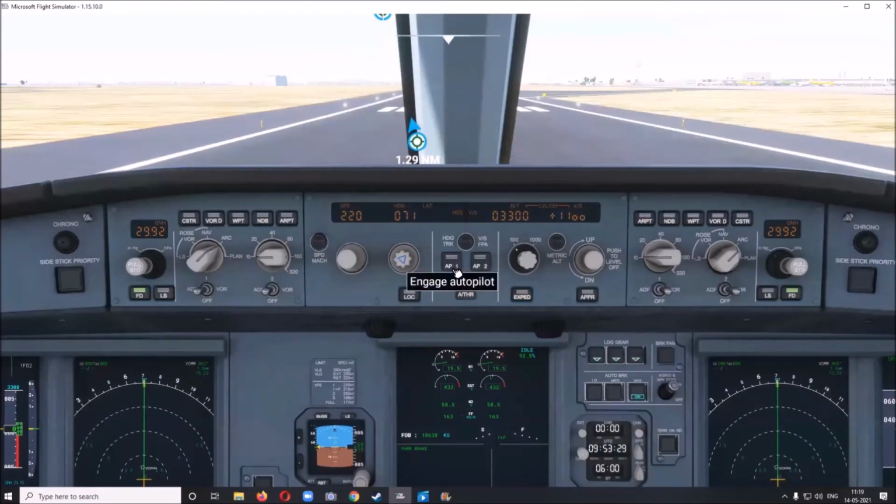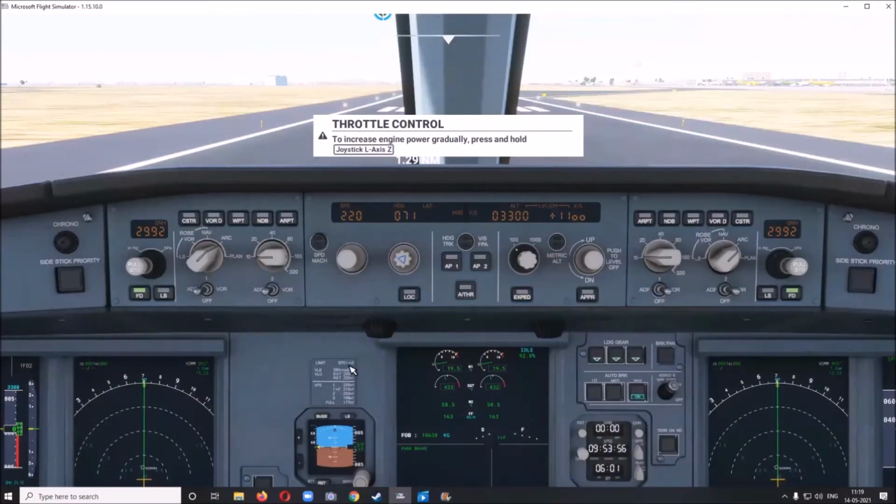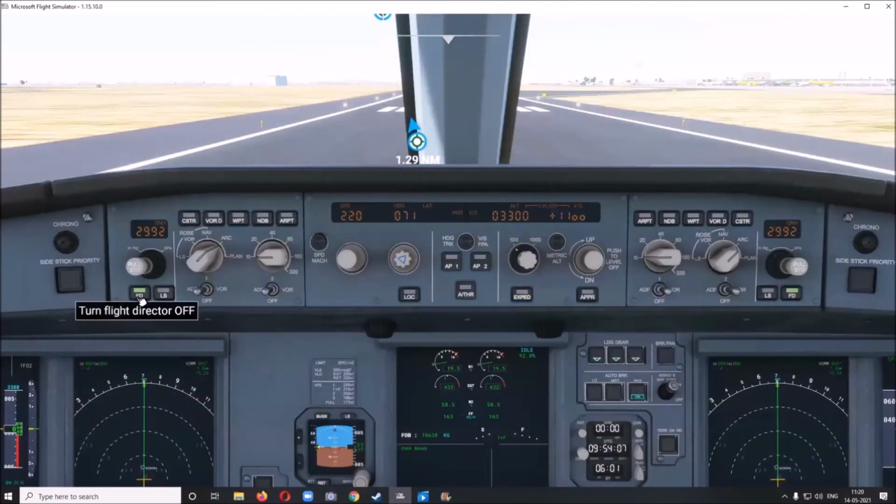This is the autopilot engagement button. You can see autopilot 1, autopilot 2. For auto land, you use both autopilots. Auto land in the sense when you have more or less zero visibility, you use both autopilots. But for our flight in clear weather now in Chennai, I will be using one of the autopilots. This is the auto throttle which controls the speed. This is the flight director button, which is very important. And this is the ILS engagement along with approach button.